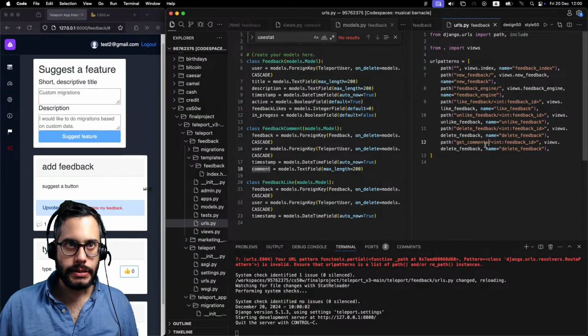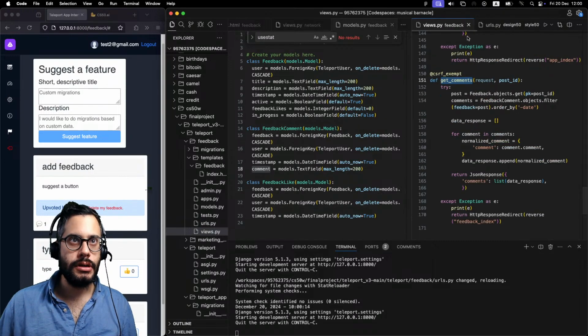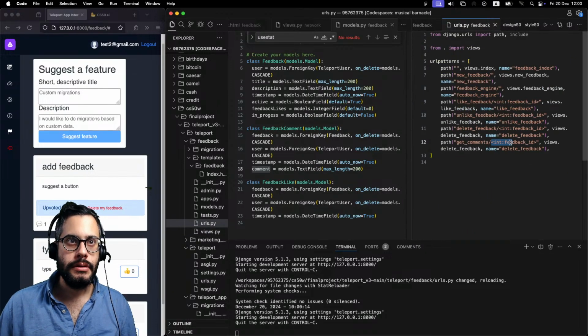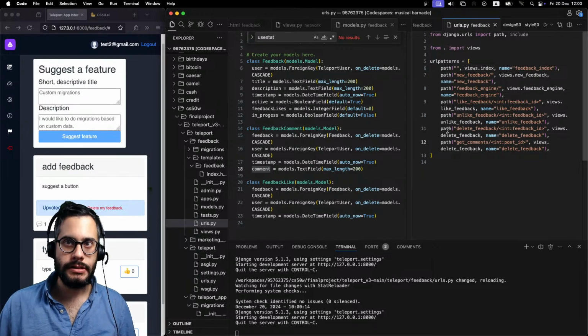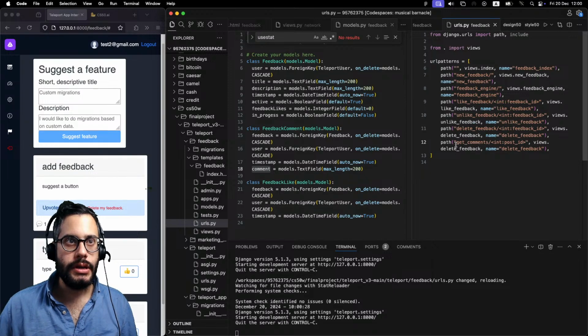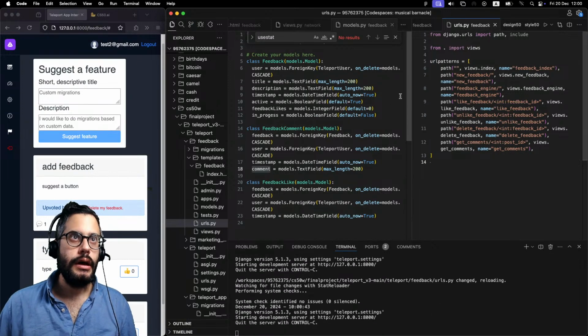Get comments with the integer of, we're going to call it post ID, although it doesn't really matter. I mean, it matters. The only thing that matters really is that the URL and the view have the same name for that variable, which it does. So it'll be get comments, integer of post ID, and then we want to do views dot get comments, and the name is going to be get comments. Okay, our URL is set,